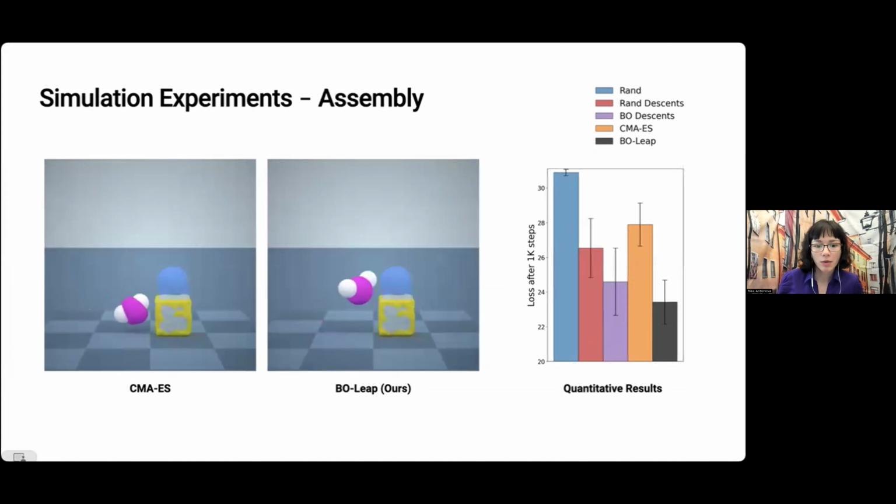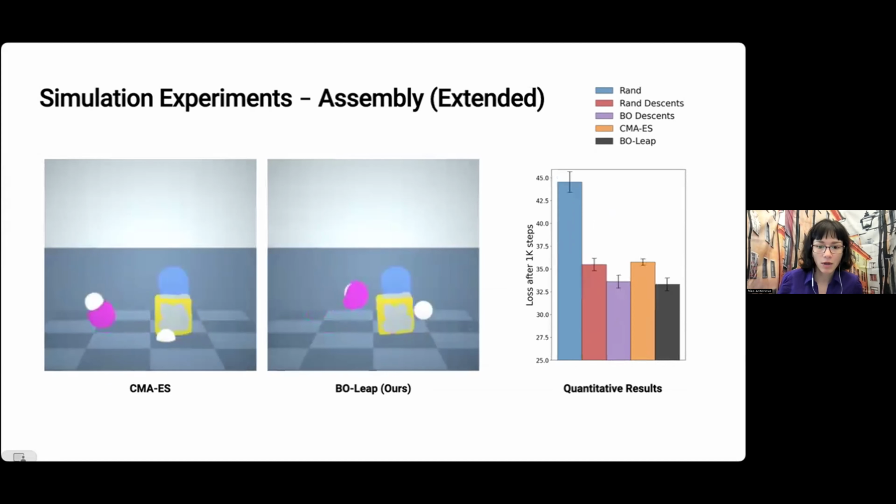There are also a few other tasks that we tried. This task here is of moving a magenta round sphere on top of the cube. And here these anchors are trying to grab gently onto this magenta ball without squishing it too much. And you can see that only certain methods succeed to do it. With the more advanced version of this, where the anchors start further away and have to get into a good configuration in order to even start moving the magenta ball, we can see a slightly less obvious solution, where the ball is more like pushed and thrown on top of the cube. Nonetheless, the task can still be solved with this hybrid method.